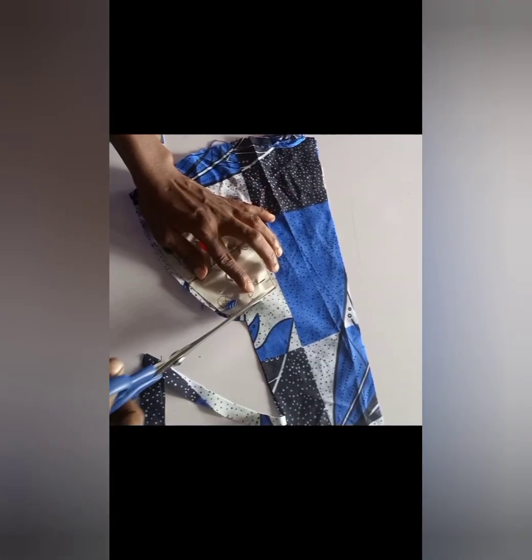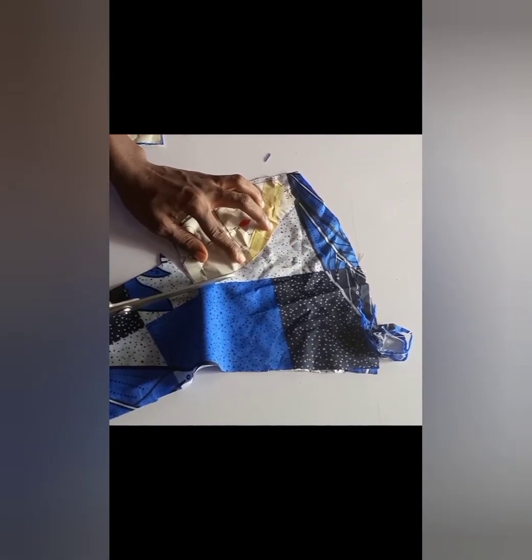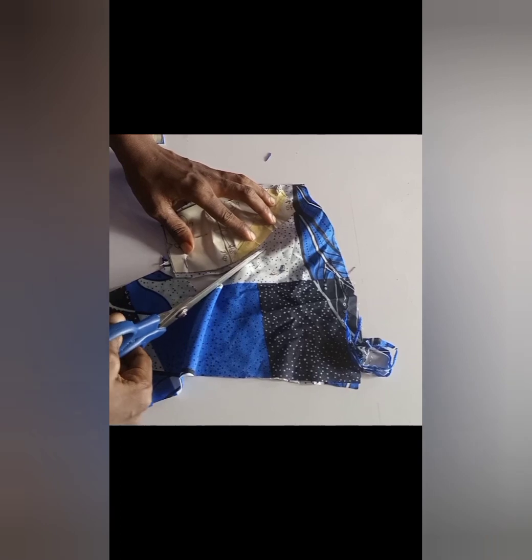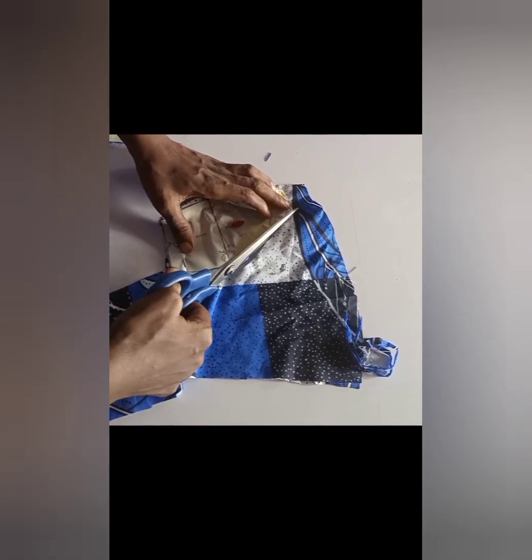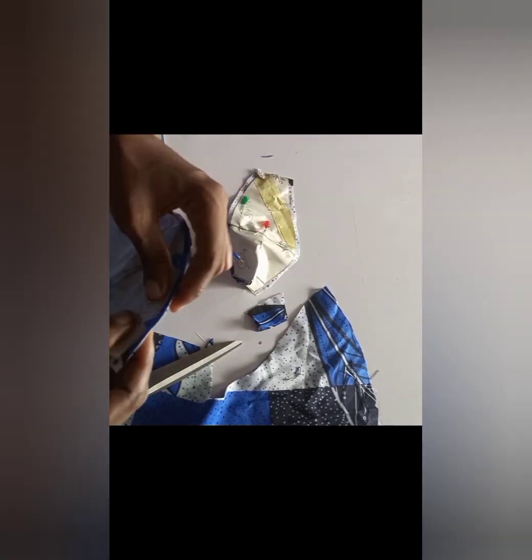So you're cutting it out. Remember, like I said earlier, if you're not okay with the shape of the neckline of the cup, you can actually reshape it and recut it to your taste. If you want it to be more steep, more revealing, you can go ahead and do that now. It's not too late. Otherwise, you just go on with this